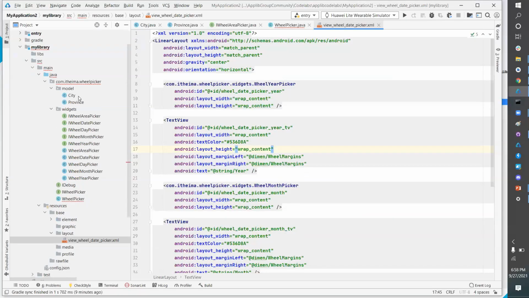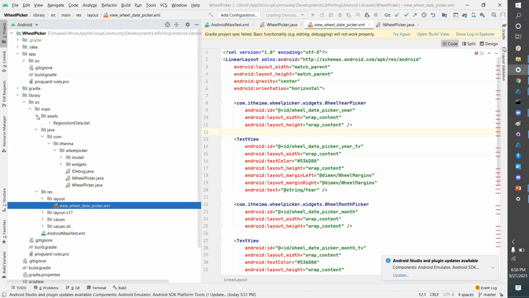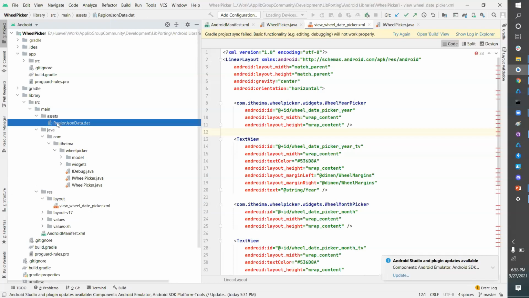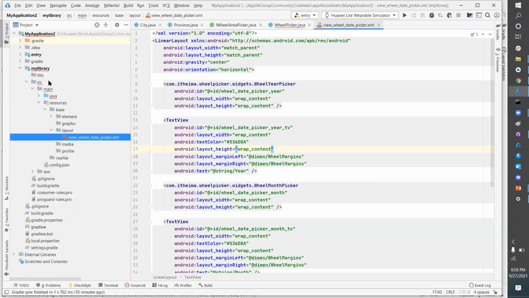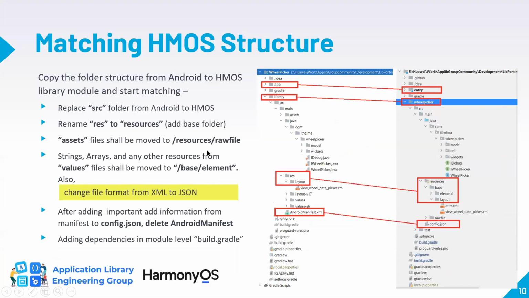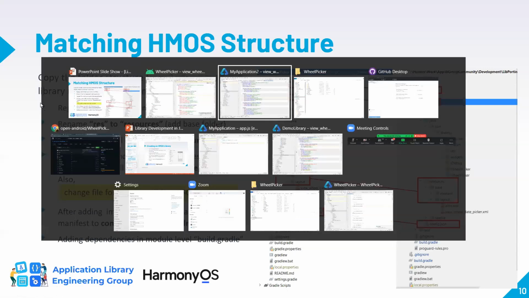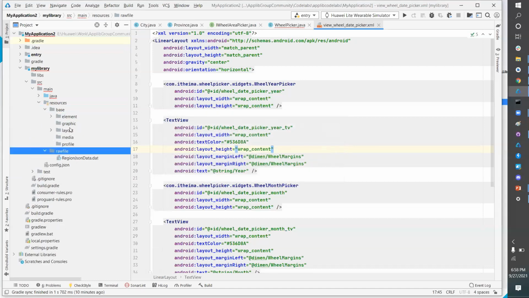So we have to copy that, under resources and raw files, basically here. So now this file is also at its right place.